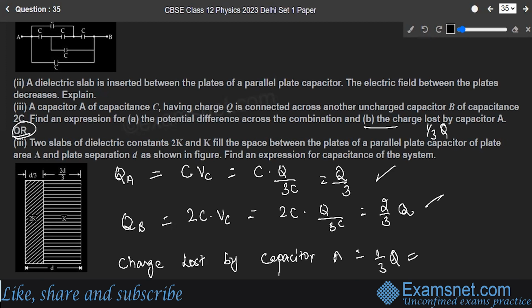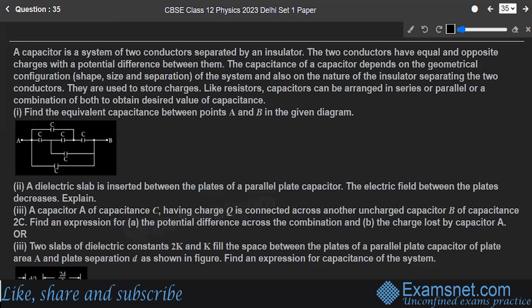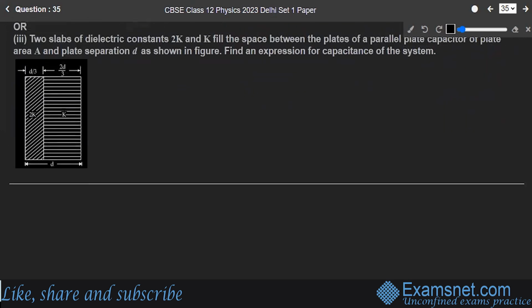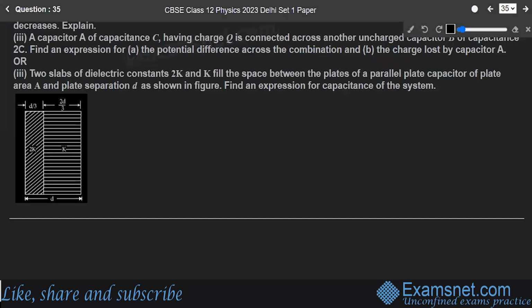Two slabs of the dielectric constants 2K and K fill the space between the plates of a parallel plate capacitor of plate area A and the plate separation D as shown in the figure. You have to find an expression of capacitance of the system. See over here. So this is D by 3 and this is 2D by 3. Over here, this is 2K and K. Fine. Effective capacitance in series is